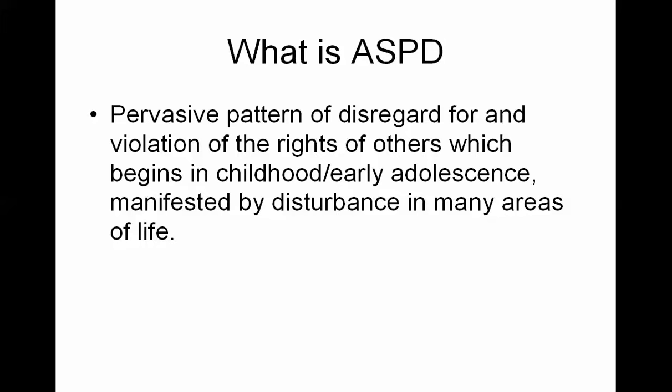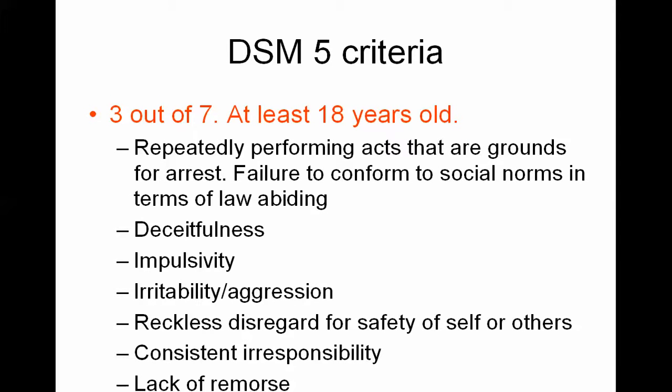It's not just one field that has a problem. We diagnose antisocial personality disorder if there are at least 3 out of the 7 criteria, and the person has to be at least 18 years old. Below 18 years old, fulfilling such criteria, we would call it conduct disorder. Children or adolescents with conduct disorder don't necessarily have to become antisocial personality disorders. They don't have to, but it is correlated that they do.